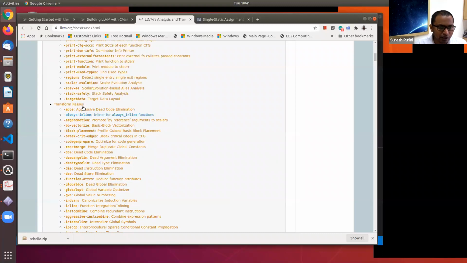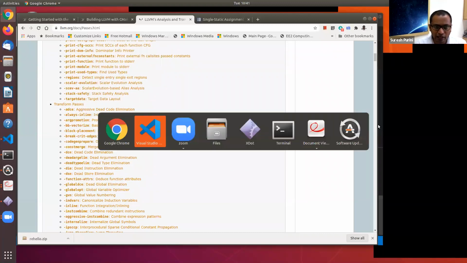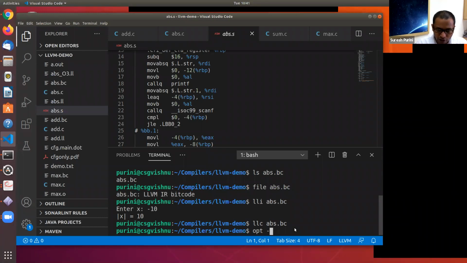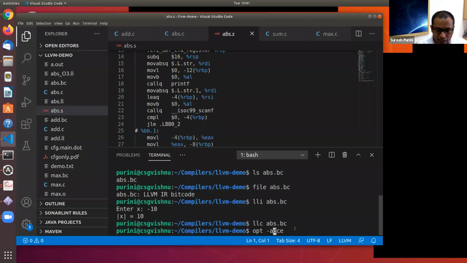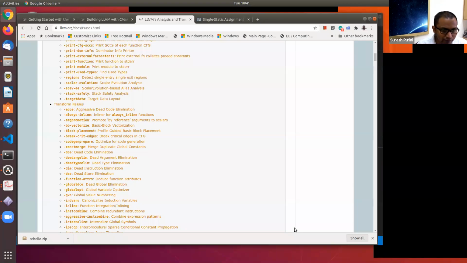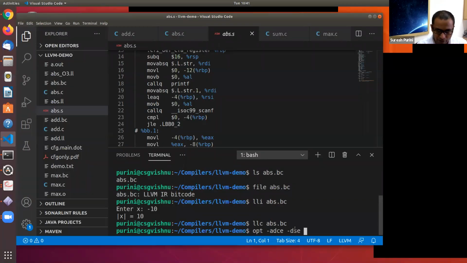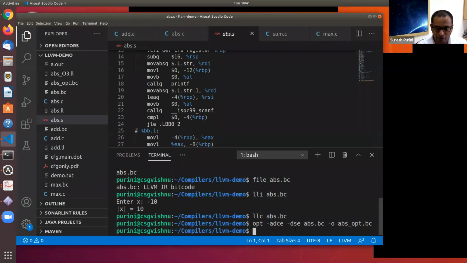And for example, using the OPT tool, we can say apply -adce, aggressive dead code elimination, followed by dead store elimination. For example, apply it on abs.bc and then generate the optimized code in abs_opt.bc. We can do that.